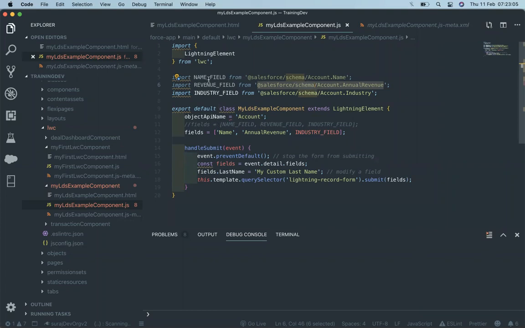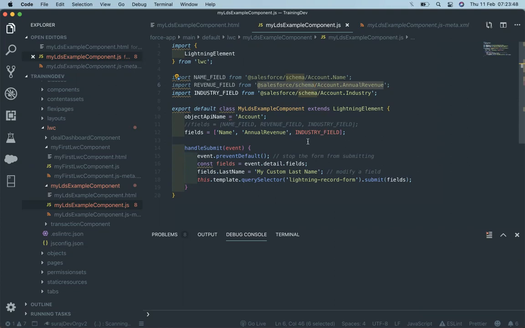And why did they design this? The issue is that if it is present in the Apex controller, and in the Apex controller we are using the account field name in a hard coded way, and we try to change that field name inside the database, then Salesforce throws an error that you are changing the field name which is used in an Apex class. So we have to first change the Apex classes, then change the schema name. But in LDS, it does not throw any error. It will not throw any error.